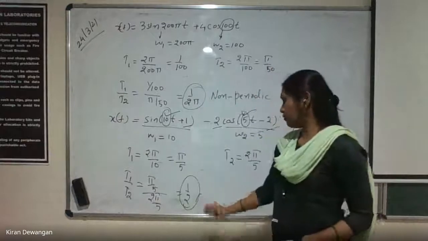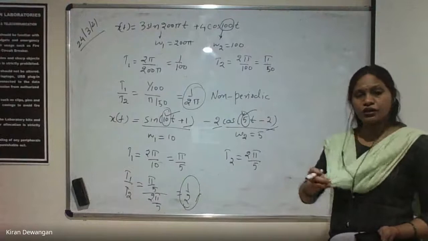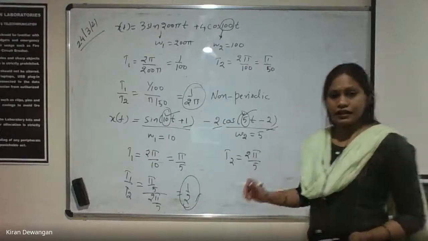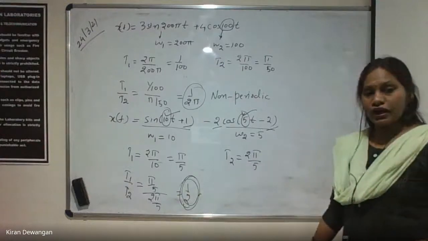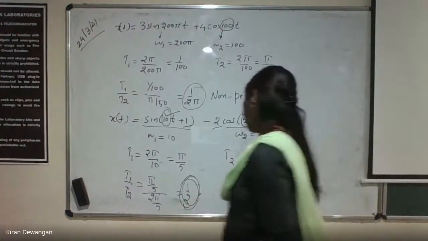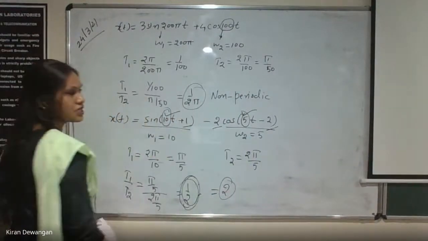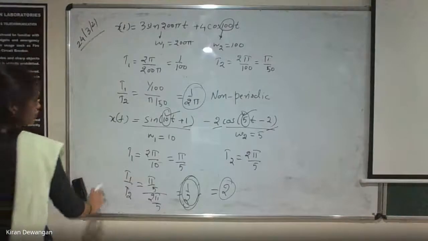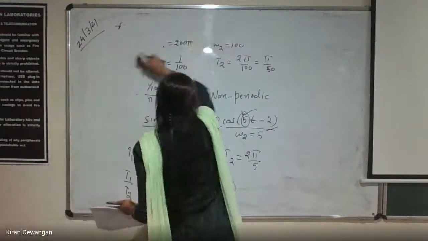So what would be the fundamental period in that case? What will its fundamental period be? We know that it's periodic. 1 by 2 is periodic. Correct. The fundamental period is the LCM of the numbers 1 and 2. The LCM that will come will be just 2. Fundamental period is 2. Correct? So that is how it is calculated. Now I guess the concept is clear to everyone.